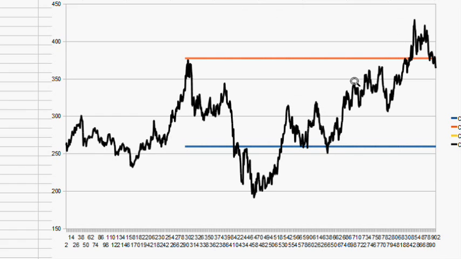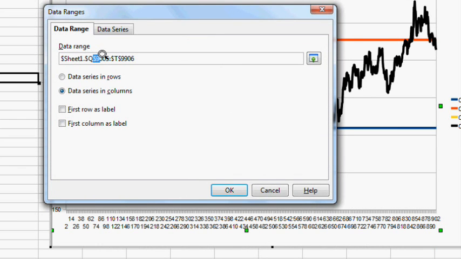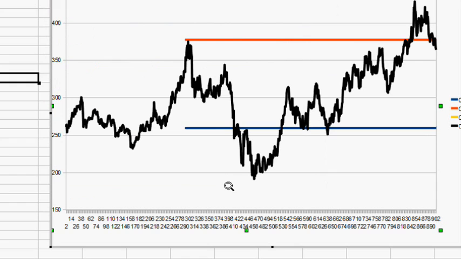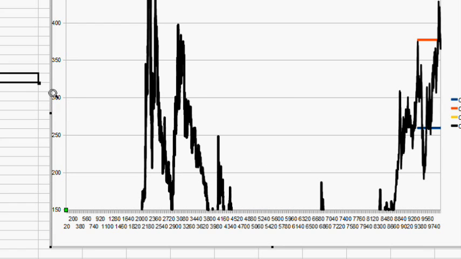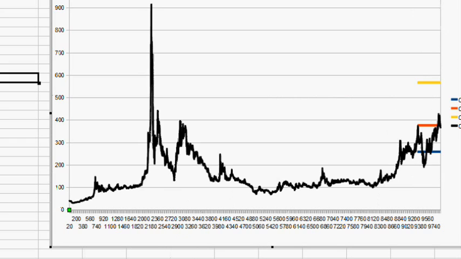Now, as far as these lines are concerned, they were automatically drawn in for areas where resistance and support would have been expected. So what I'm going to do is show you some more of this chart, and we'll go to the actual start of this chart. You're not going to see everything, so I'm going to have to adjust the scaling on it. What we're going to do is make this automatic from both the top and the bottom part. And there is the silver chart,